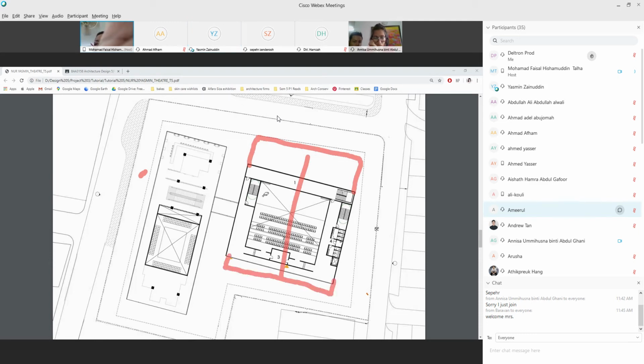Then ada proportion lah to the dimension, because when you extend this, don't forget to push your staircase forward also, and give it some air lah, some room. And then this one should be here, below here, or close to the side here. I don't know how lah, because this one the lobby ni, at least the lobby ni not that much. Okay, let me look at the ground. One more time, the ground floor.